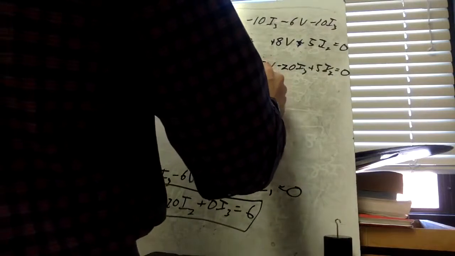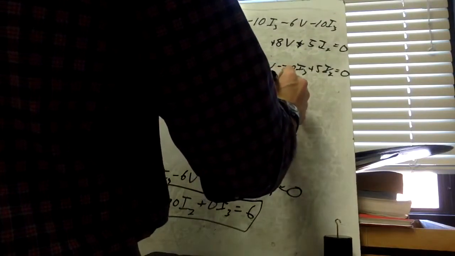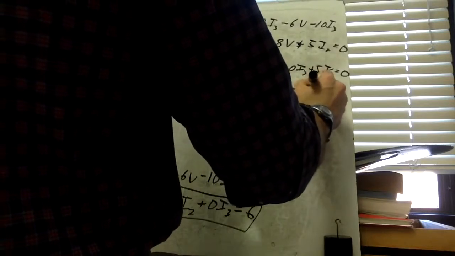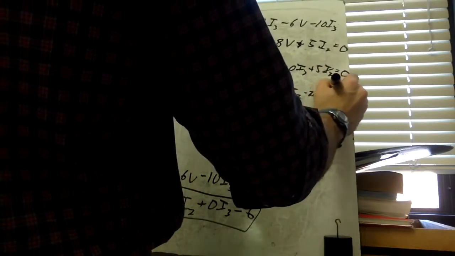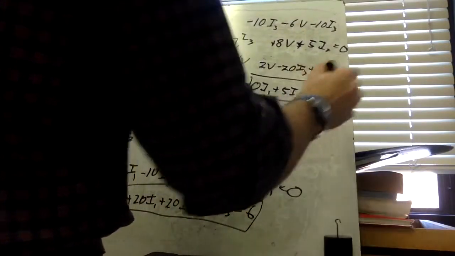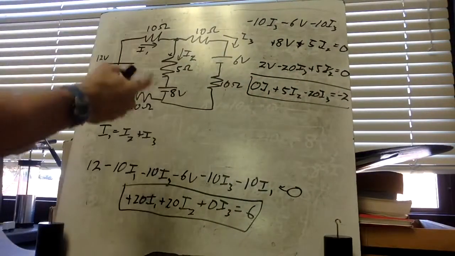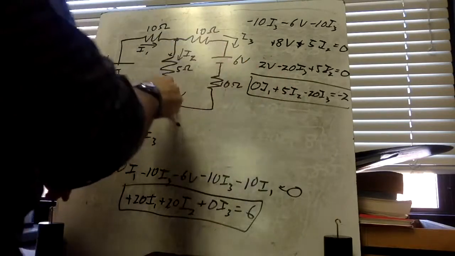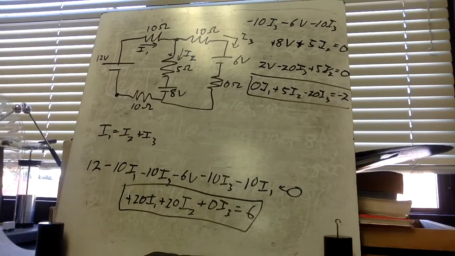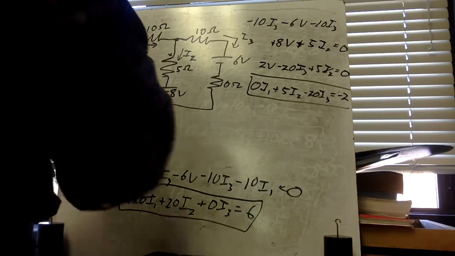Okay, so this is going to be 0 I1 plus 5 I2 minus 20 I3 equals negative 2 volts, and that's your next equation. But again, you could do an equation for this one as well, but I wanted to show you what it's like going backwards through a resistor if you're going the opposite direction of the current. One way or another, when you get to the end here,